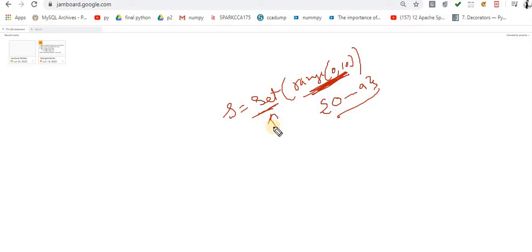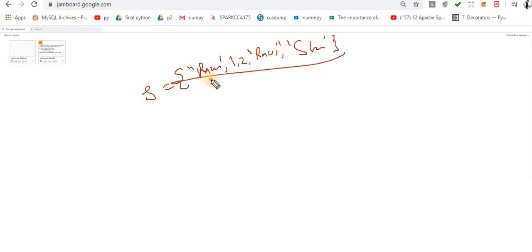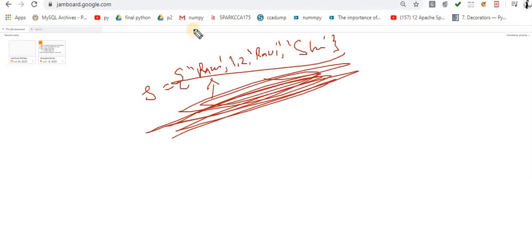Okay, and when I do this, now you guys know very well, this is the dictionary. If I print type of S, it will give you the dict object. Okay, तो set बनाने के लिए मुझे क्या करना पड़ेगा? What I have to do, I have to use this. तो मुझे heterogeneous items को लेना पड़ेगा. Okay, heterogeneous means take any kind of data. For example, this one, Ram, 1 2 Ravi, and then let's suppose Sham and so on. You have to use this. So this is the way.